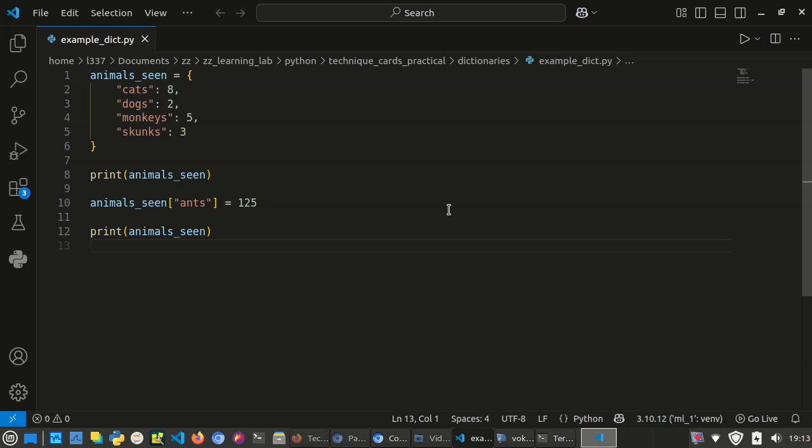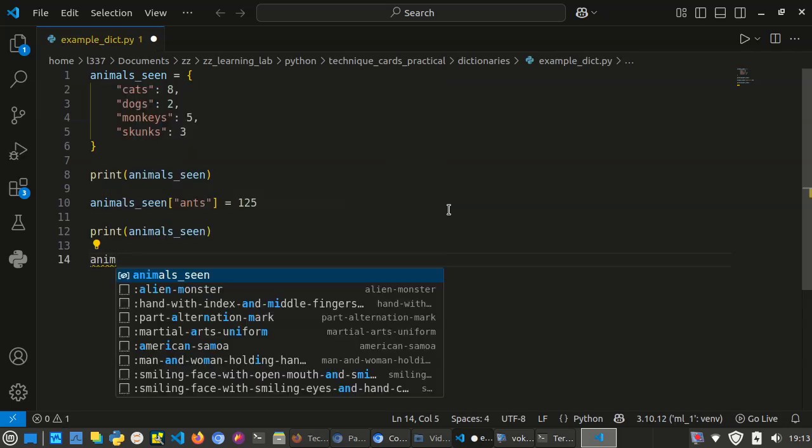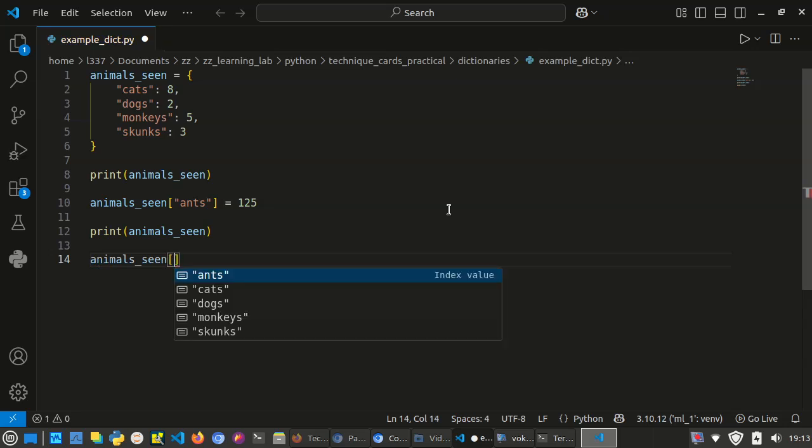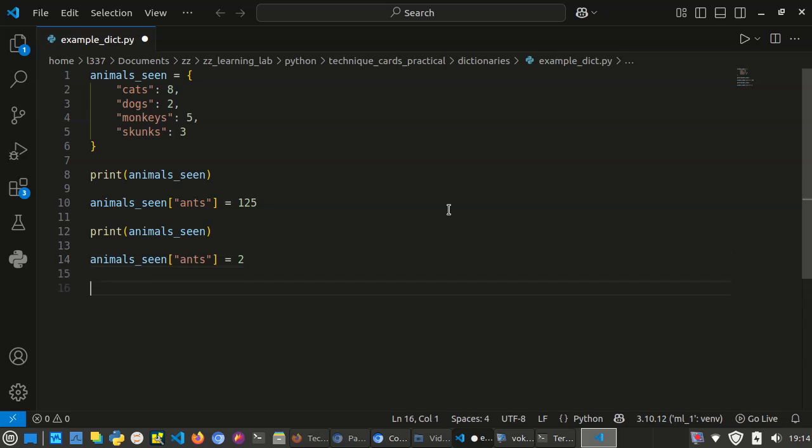So what else can we do? We can change the values. So let's say maybe we pour a load of boiling water onto the ants. Not that you do that. It's horrible and it's wrong. But maybe you didn't like ants. You want to boil them to death. So now we can change it. Maybe there's only 2 ants left who are alive anyway. So let's go back to animal scene, and we're going to index it to ants, poor old ants. And we're going to just, I said 2, okay, so we've boiled them, the rest, 123 of them are dead, and there's 2 left, you see, and now we can just print